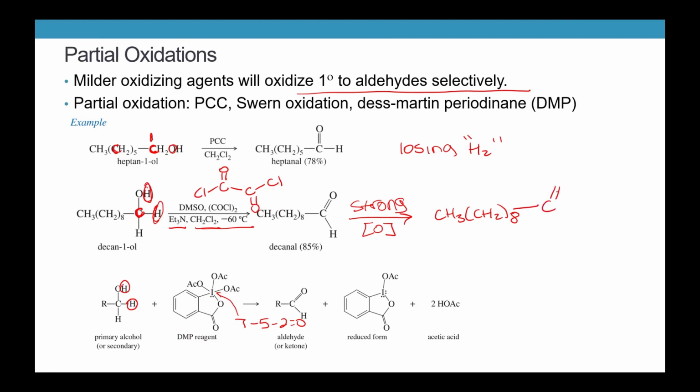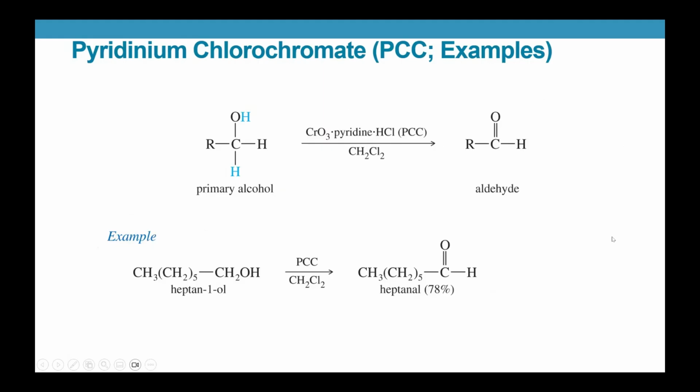That's not really practical, but it is in practice possible. Okay, I'm going to go ahead and skip this example. I do just want to point out PCC is abbreviated, but it is chromium, pyridine, and then HCl, which protonates